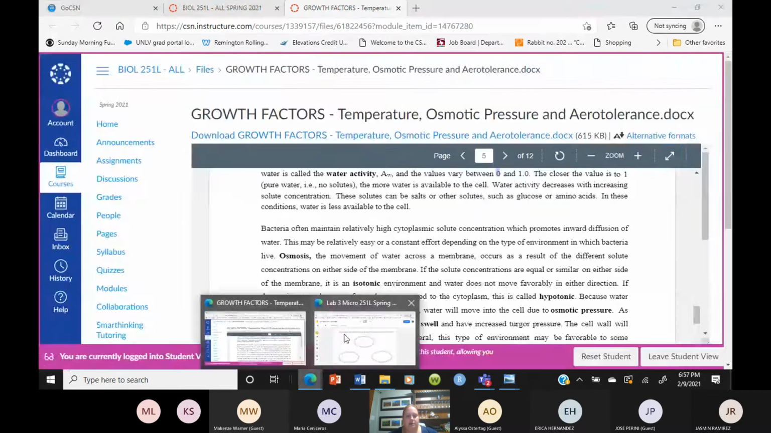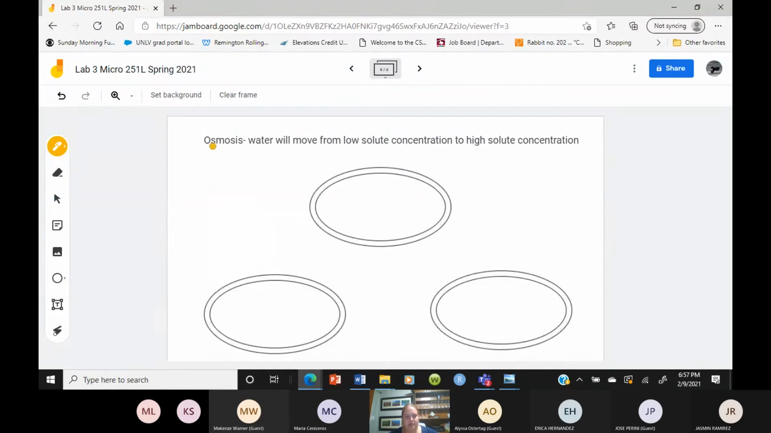So I'm going to go back to my pictures here. So osmosis, we're talking about water moving from low solute concentration to high solute concentration. So if, I'm just going to abbreviate because I can't write apparently. So if